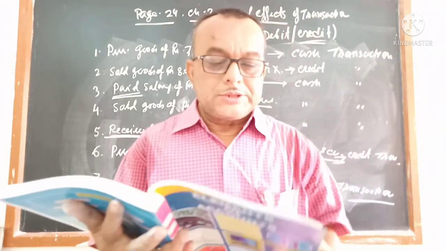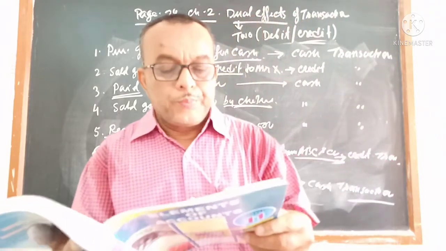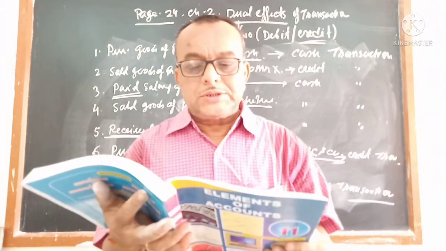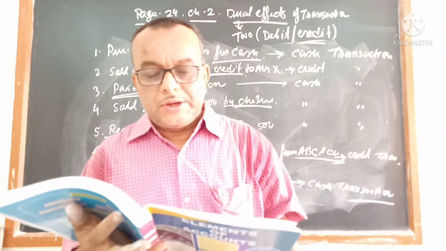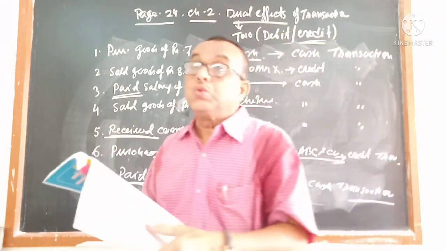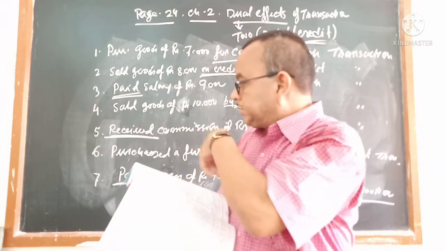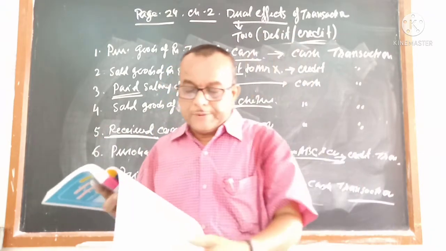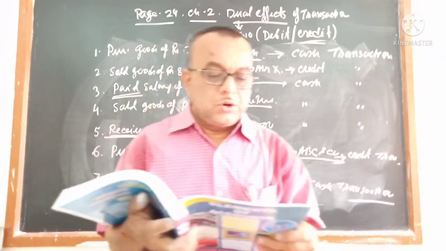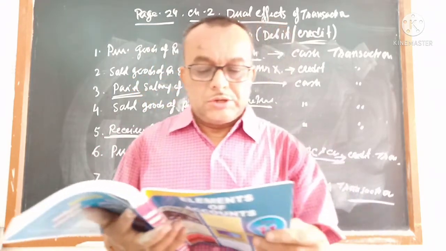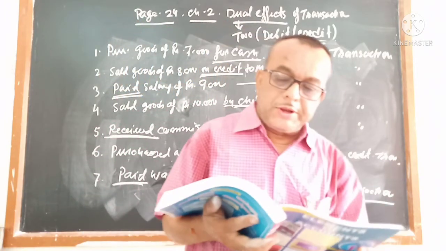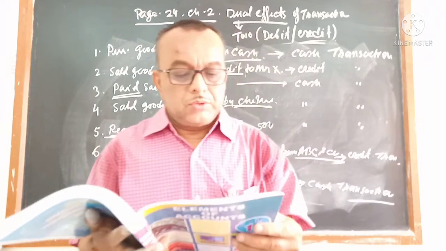Now come to the second point, illustration 2 on page number 28. Describe whether the following transactions are cash transactions or credit transactions and explain the reason. Here, what I explained now applies to the 7th example given in illustration number 2 on page number 28, whether it is an economic transaction, a cash transaction or a credit transaction. One or two, let me explain. The remaining you will try to understand.